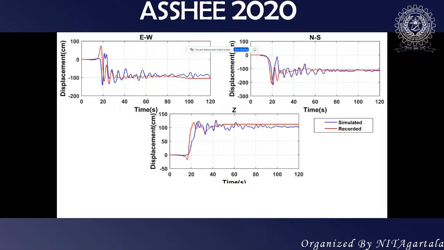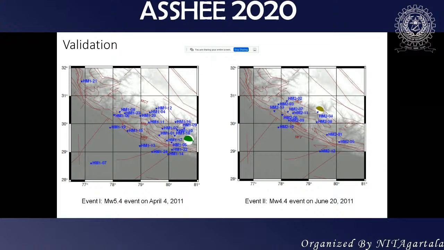So this also I'm showing you from our spectrum simulations at Kathmandu station, which is very close to the epicenter. Here also we are able to reproduce the displacement forms and other things itself. Now we have even validated for several past earthquakes from PESMOS data, even from CIGN network itself. There was one 5.4 event in 2011, 4.4 Himalayan events, as well as CIGN events.